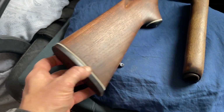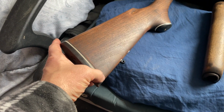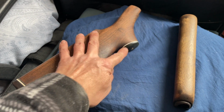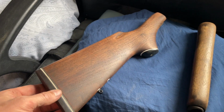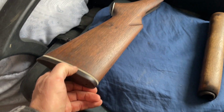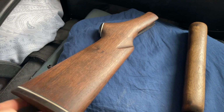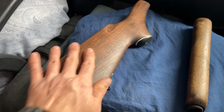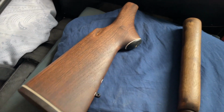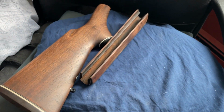Well, here it is. Put that back on. I sanded down the white trim both here and here. It was all dirty. Somebody must have refinished this at one time and just stained over it or something. You couldn't even tell it was white. It looks good. Looks real good. It's very soft. And there's that part. Now I see on